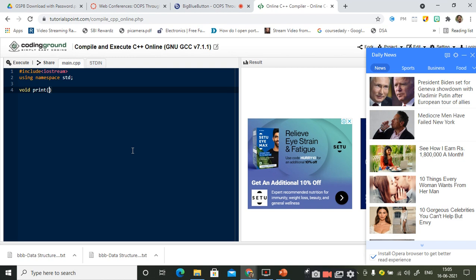And what this function has to do is it has to take one input from the user, and based upon the input it is going to print the corresponding statement, right? For example, if it takes the integer value, it has to print that it is an integer function. If it takes the double value, it should print that it is a double function. Like that, I just want to make use of a simple program, right? So how many parameters is the print function going to take?